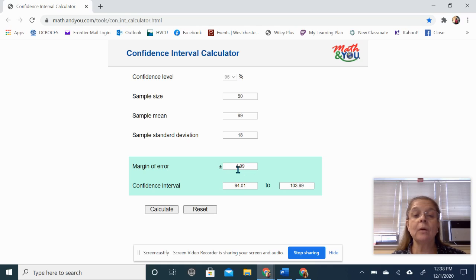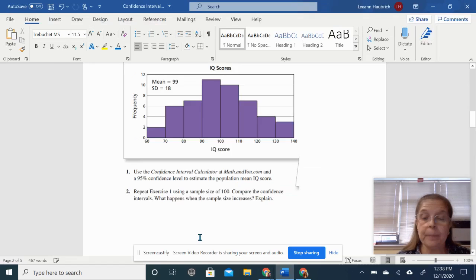We end up with a margin of error of 4.99, approximately 5, with a confidence interval of 94.1 to 103.99. So I may have to switch back and forth to get this written down. 94.1, 103.99. So I'm going to go here and I'm going to write